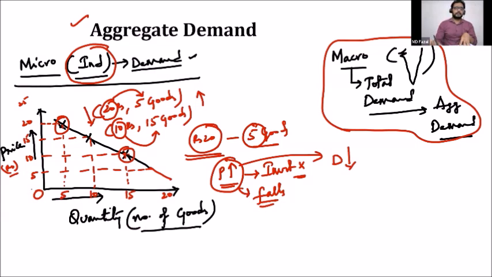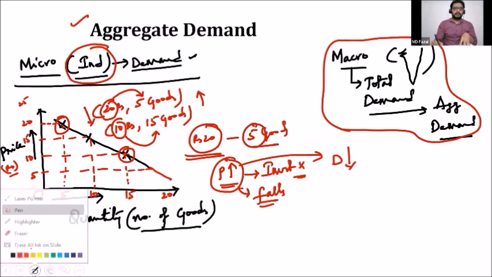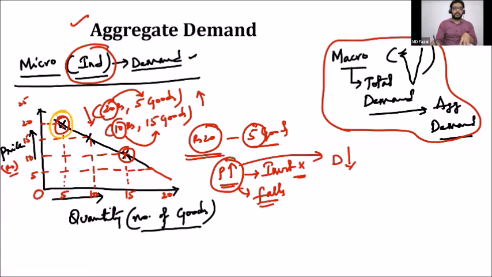Now you can look at this. It's very clear. When prices are high, look at the number of quantities sold. When the price is 20 rupees, the number of quantities sold is only 5. And when the price is only 5, the number of quantities sold is very high, that is 20. That means 20 goods are sold when the price is very low. That means people are waiting so that they can invest very little from their pocket and purchase more goods.